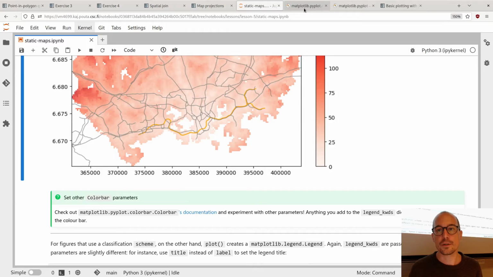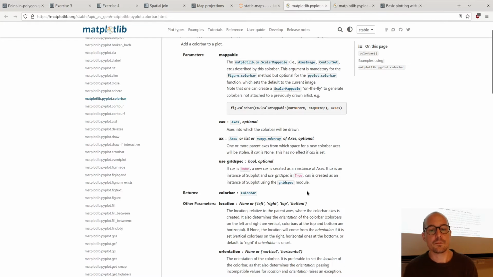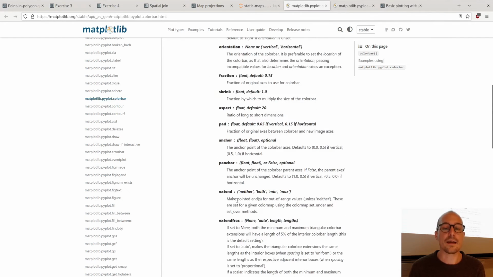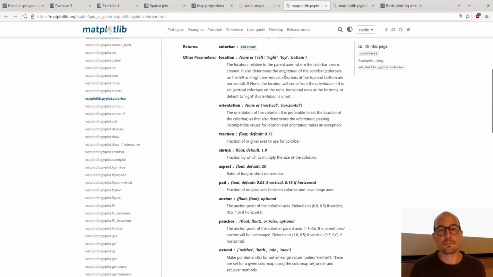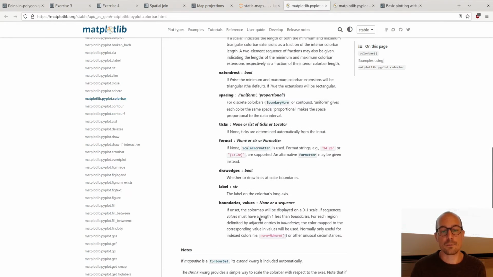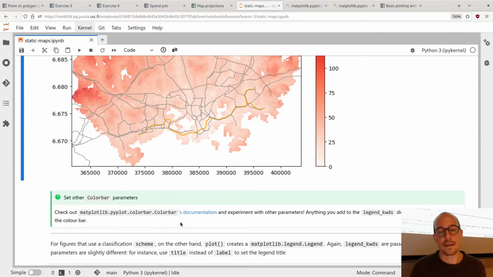But actually, why I opened this one here and being confusing already, let's try to put it somewhere else, the color bar. So it accepts these, or let's try to add a label, like a title for the color bar, and it accepts for the legend. So it accepts all of these keywords to create it, and among them there's label, which is how to add the title to it,